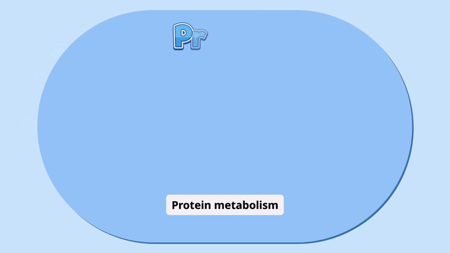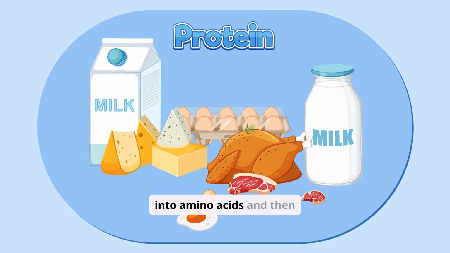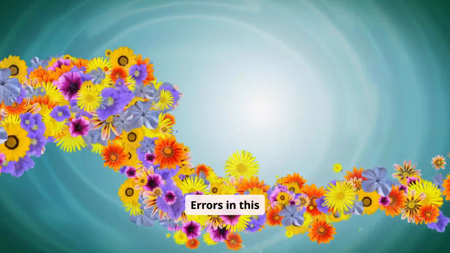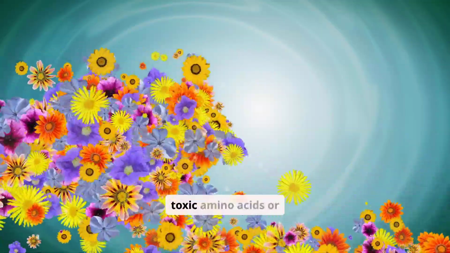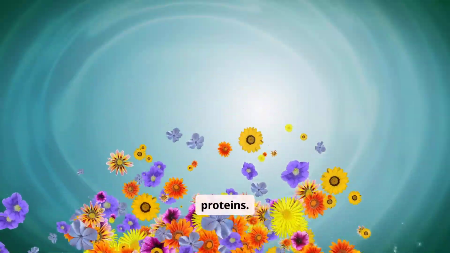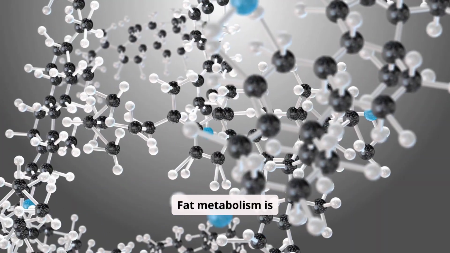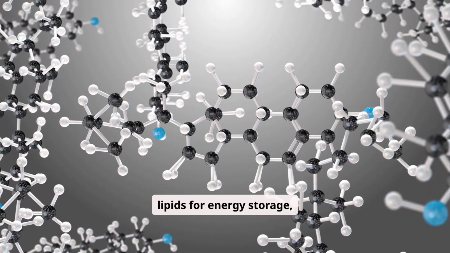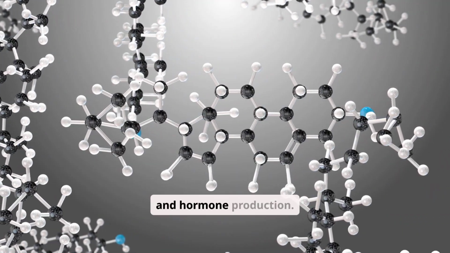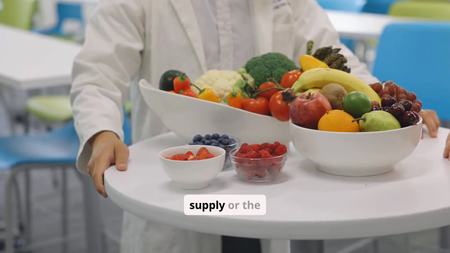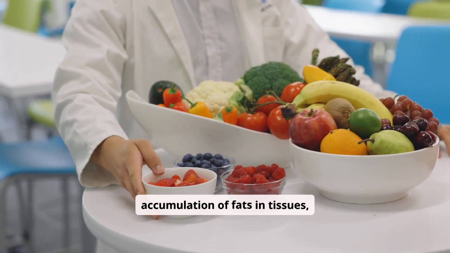Protein metabolism involves breaking down proteins into amino acids and then reassembling them into new proteins required for countless bodily functions. Errors in this pathway can result in the buildup of toxic amino acids or a deficiency in vital structural or enzymatic proteins. Fat metabolism is equally critical, handling the breakdown and synthesis of lipids for energy storage, cell membrane formation, and hormone production. Defects here can lead to issues with energy supply or the accumulation of fats in tissues,